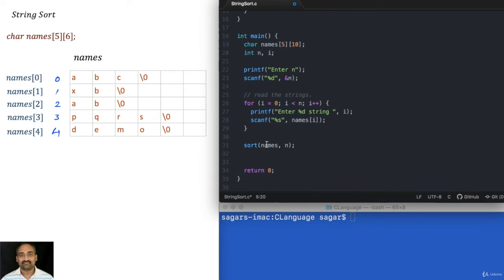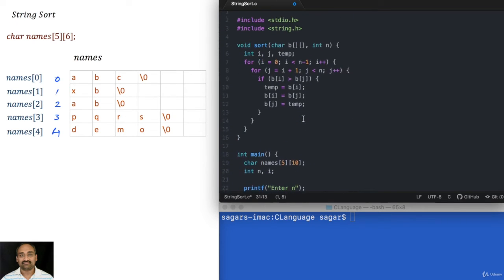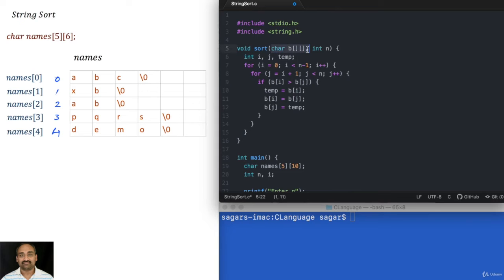When you are looking to pass a double dimensional array, on the receiving side it should be a double dimensional array as well, but we cannot leave both dimensions empty. We can only leave the last dimension. So here we should mention the row size, and the number of rows will be calculated automatically based on the given value. Now this is fine. Now we need to apply this logic.